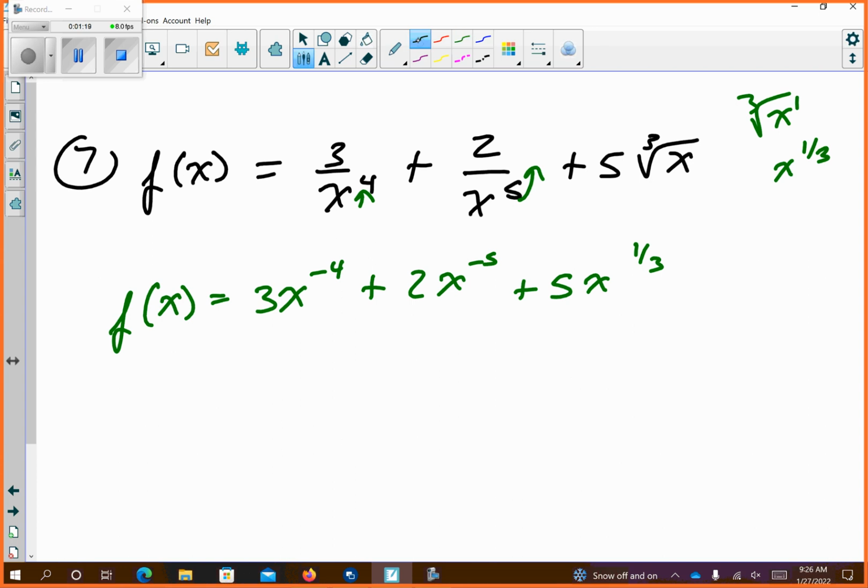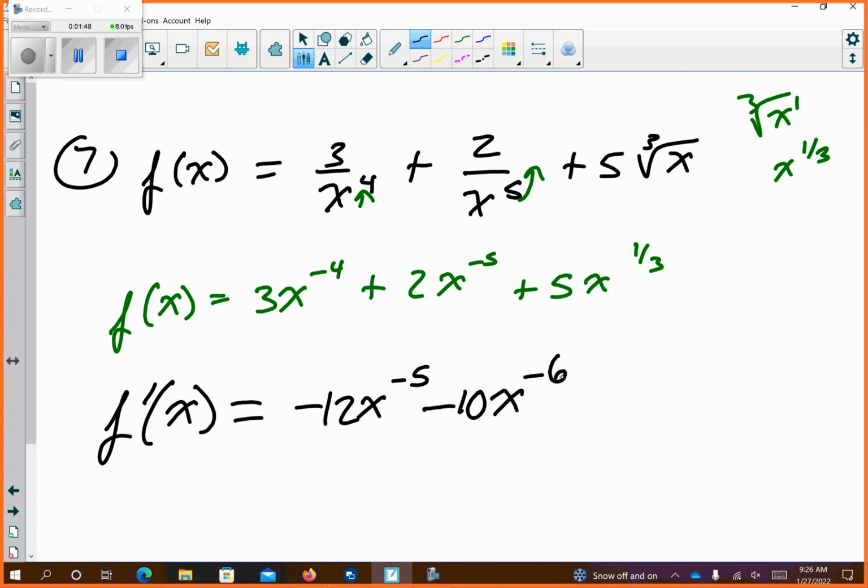So if we do the derivative, we're going to do f prime. That means we're going to start the derivative. That's a shortcut rather than putting dy dx. Okay? So this is going to give me negative 12x, and I always subtract 1 from the exponent. So negative 4 minus 1 is negative 5, plus, oops, it should be minus now, minus 10x to the negative 6, okay, plus 5/3 x, and if I go 1/3 minus 1,